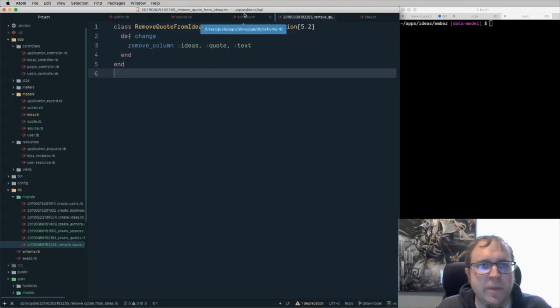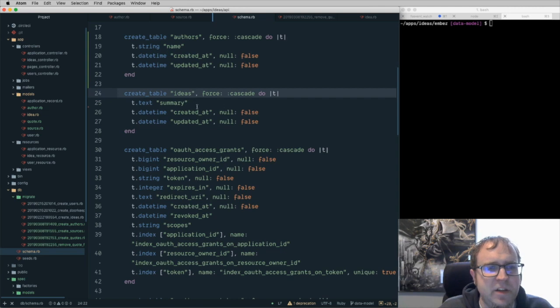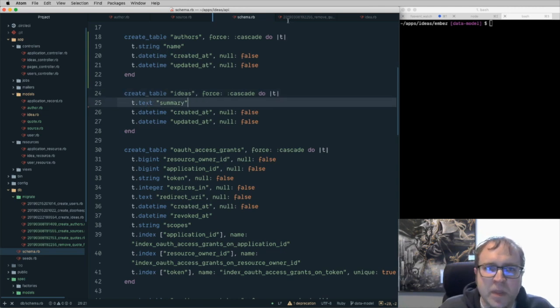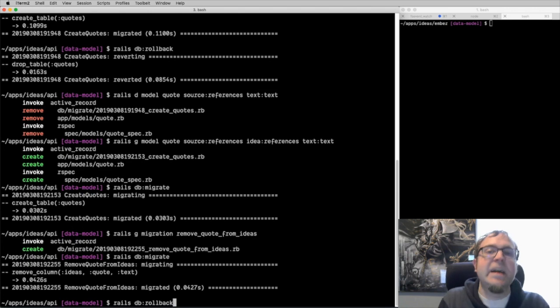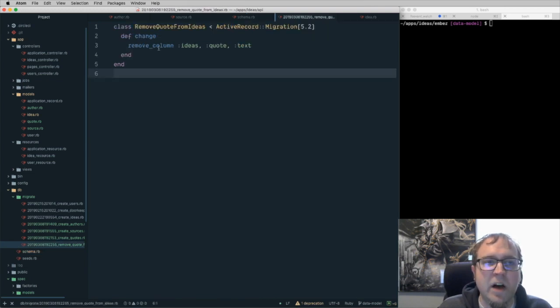All right, so it's run, and we can check our schema and see that the quote field is gone. So one of the deals with Rails migrations is that they're reversible. You saw that I did a Rails DB rollback earlier to delete a table that I created, and that's easy to undo, because if you created a table and want to undo it, you just delete it. In the case of removing a column, though,